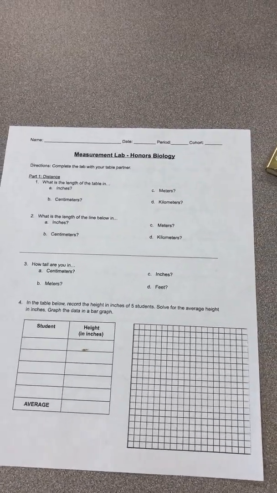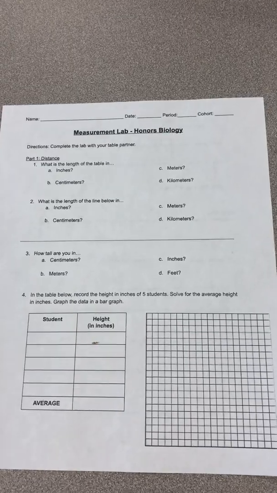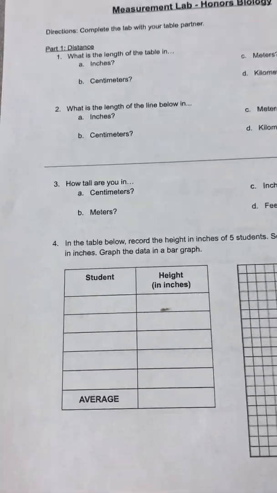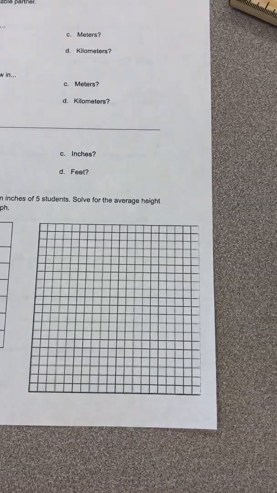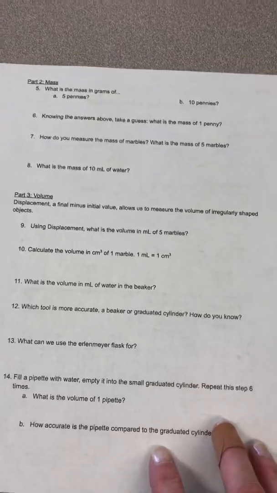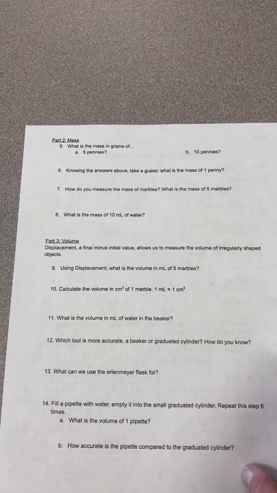If you have a yardstick or a meter stick at home, you might have to do some conversions. And then find 4 friends and figure out how tall they are, and then make a little bar graph of those heights. And then on the back, it is about mass and volume. These are gonna be a little bit out of order, but I'm just gonna go in the order that I had them around